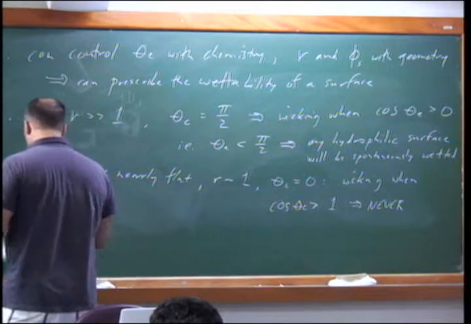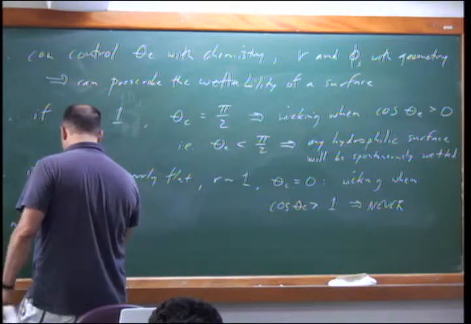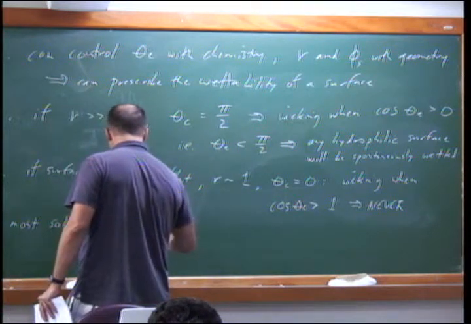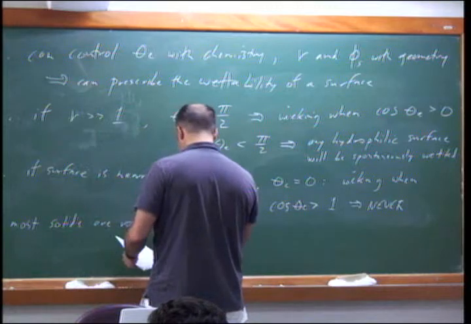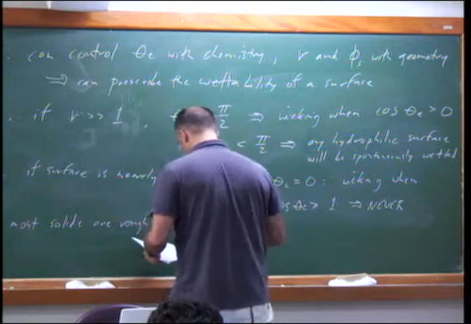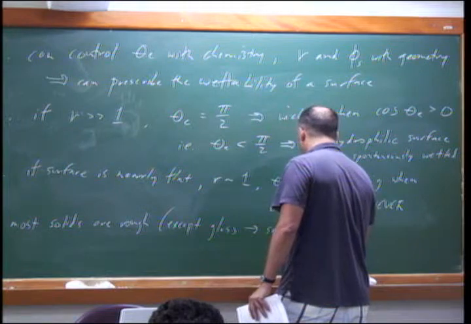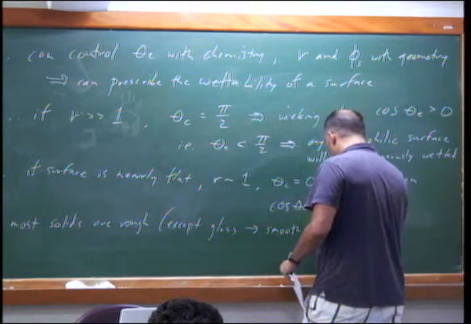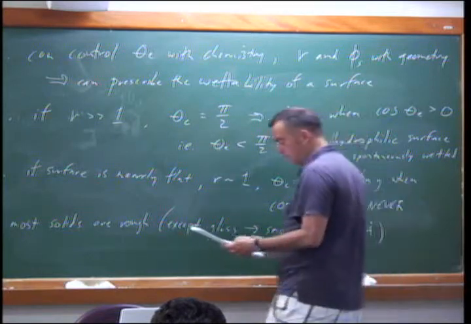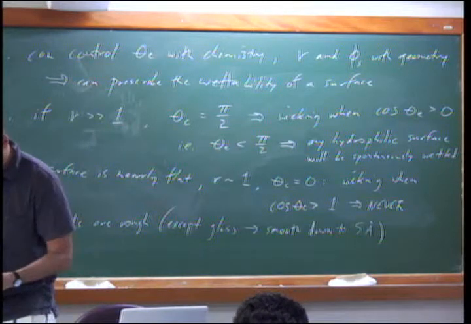Okay, and so the last thing, most solids are rough. So this is a concern. So this is smooth glass, smoothed down to angstroms, actually. Smooth down to 5 angstroms. That's why I have notes, because I never remember numbers. Okay, so